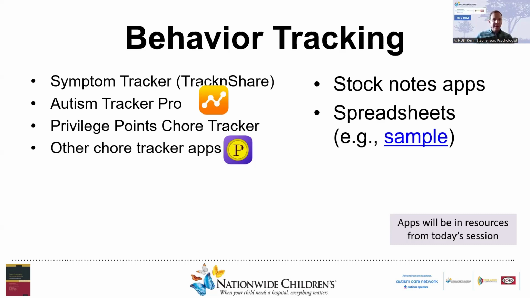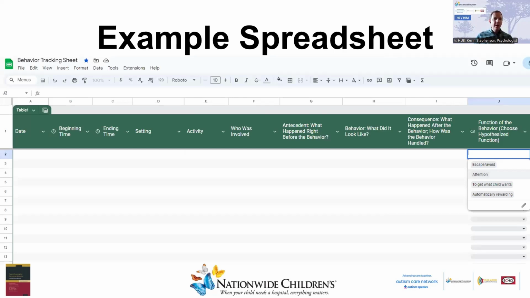So let's go on to the next slide. So this is what the spreadsheet looks like. Set it up to have essentially the same things that were available in the RUBI parent training. These are free handouts. You can put the date, the time, setting what was happening, who was there, what was the trigger, what did the behavior look like, the function. So really the same thing that can be easily created in a free format. Next slide.